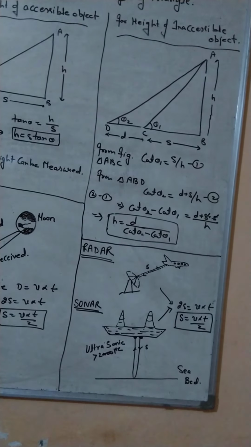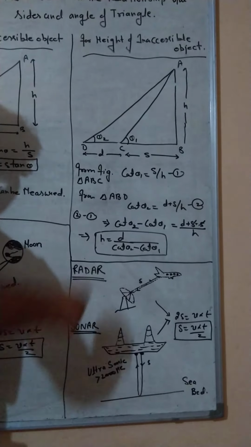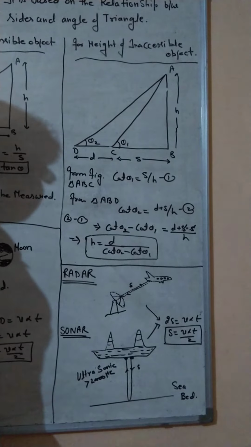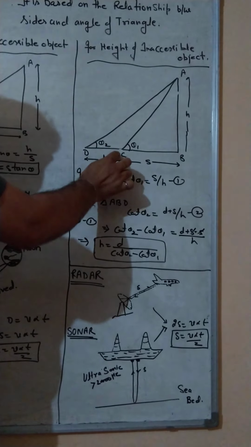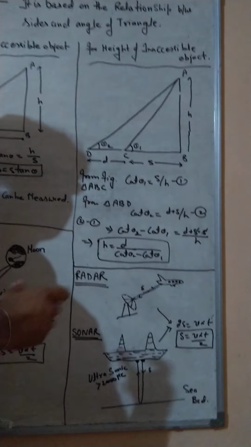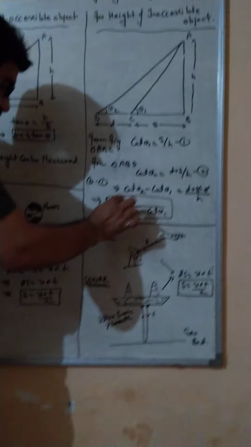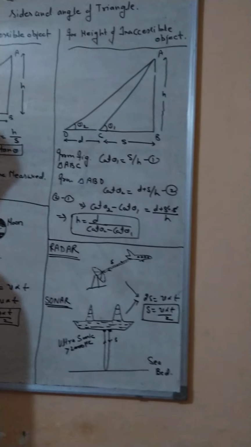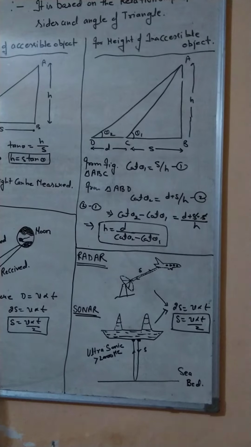This is the required formula for finding the height of an inaccessible object. There are 4 variables, out of which 2 variables, the angles, are easily determined by the sextant, and d is the distance that we travel between points C and D, easily determined with the help of a meter or any ordinary scale. In that manner, if we know these 3 values, then the height of an inaccessible object can be easily determined. This formula is specially used for finding the height of inaccessible objects.